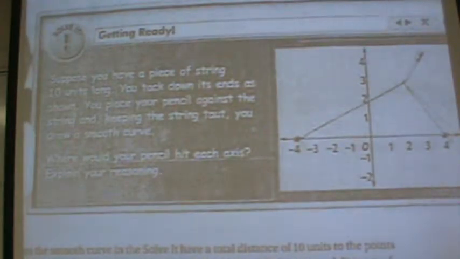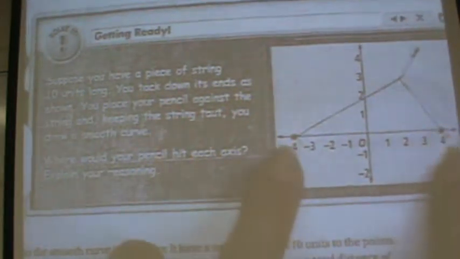So now, your job today is to look at these, which are called ellipses. You're going to learn how to write an equation of an ellipse, find the fixed points of the ellipse, and how to graph it. Okay, so what is an ellipse? If I were to take a string that's 10 units long,